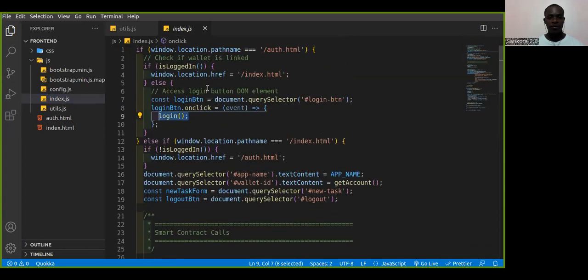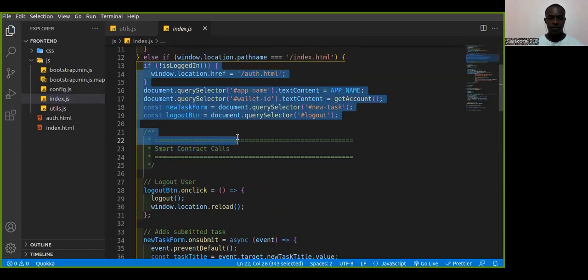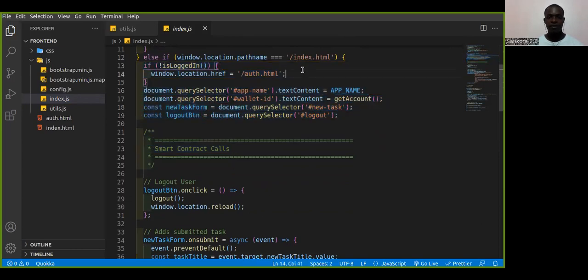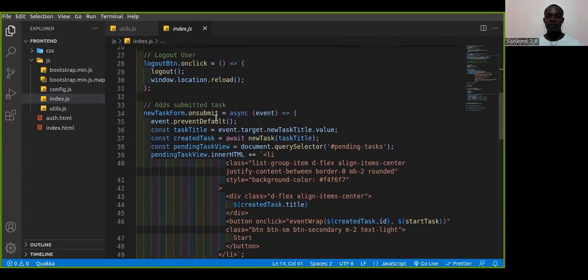Then, this is the operation that is going to occur if you're not logged in. But if you're logged in, you're going to execute this bit of the if statement. So we're basically calling those functions we defined